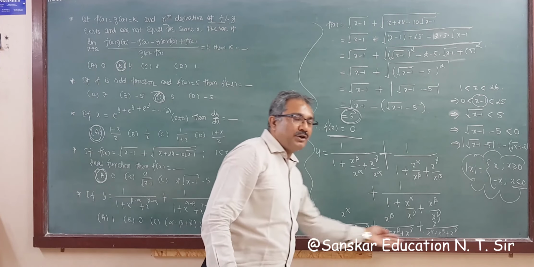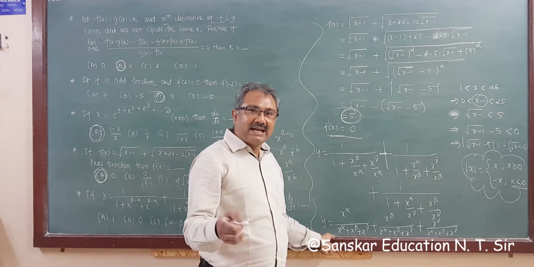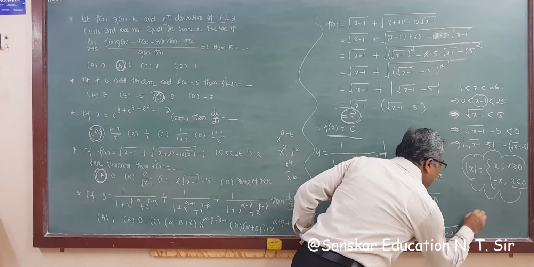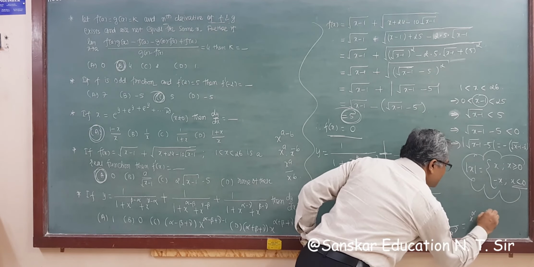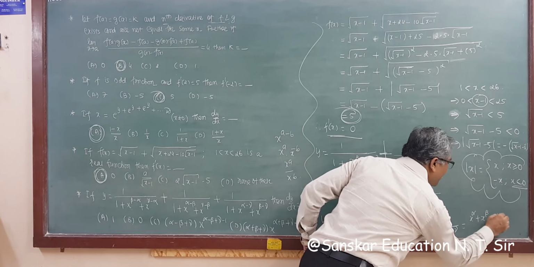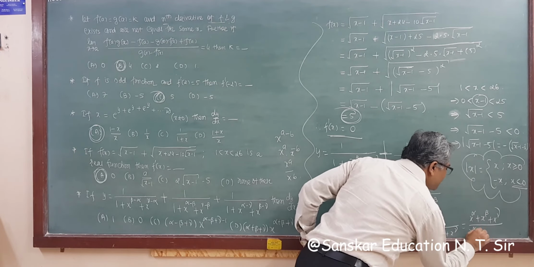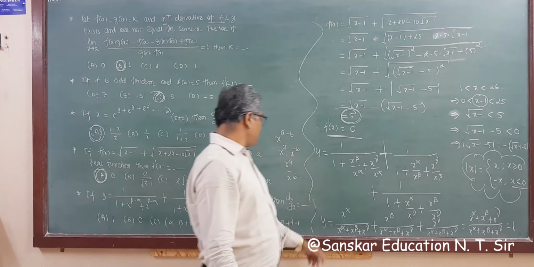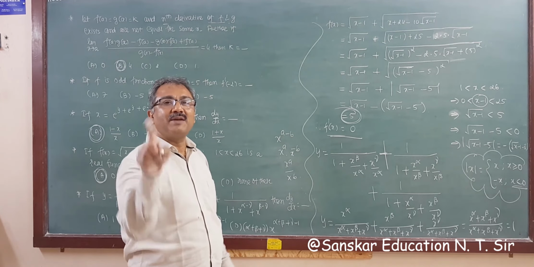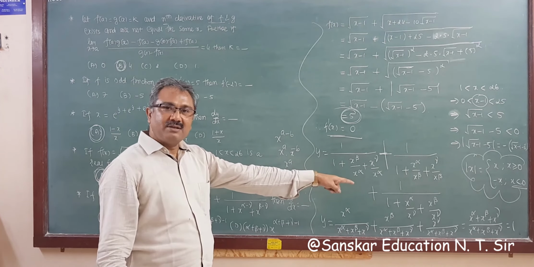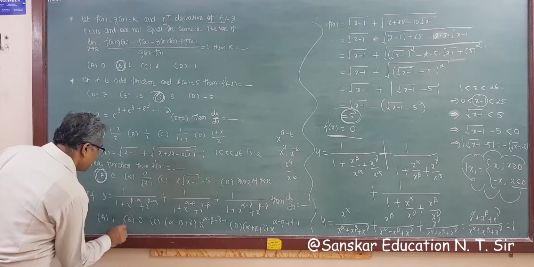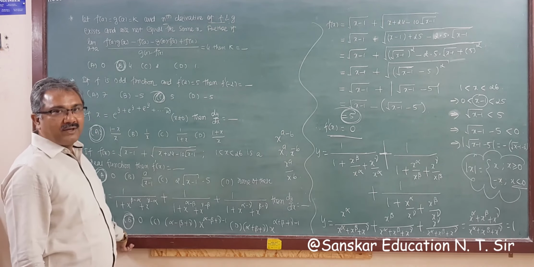Now see, all denominators are the same. So the sum of the numerators is x raised to alpha plus x raised to beta plus x raised to gamma, whole upon x raised to alpha plus x raised to beta plus x raised to gamma, that is 1. So this is your y. Therefore y is a constant function, and the derivative of a constant function is 0. So your proper answer is dy by dx is 0, right?